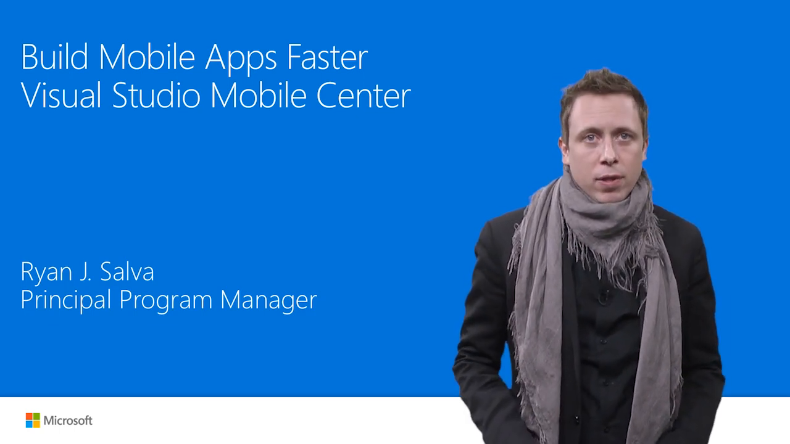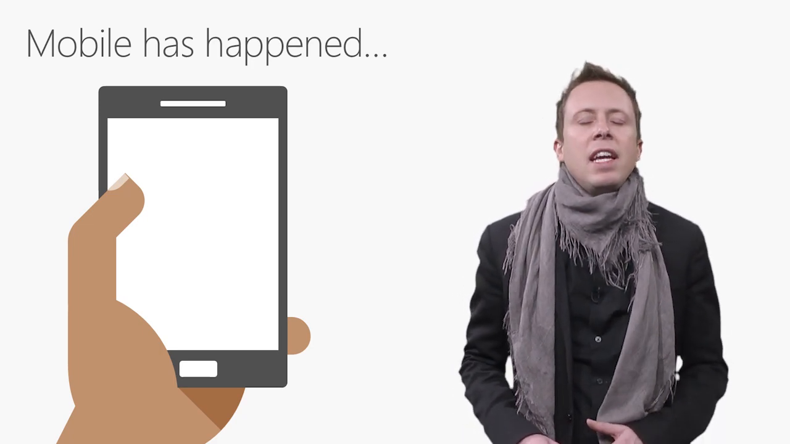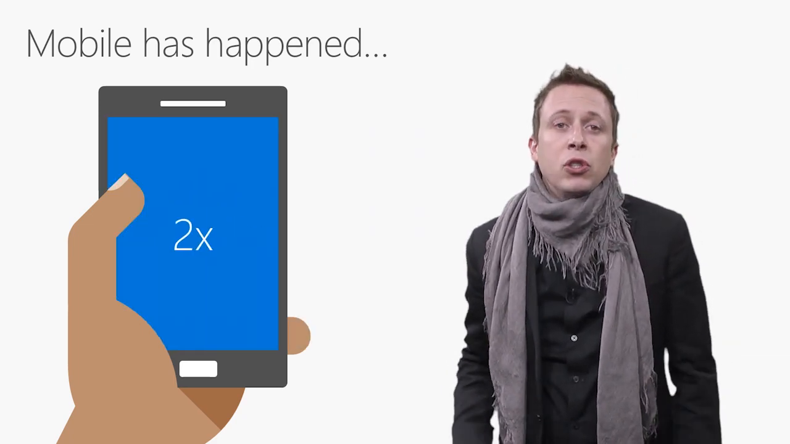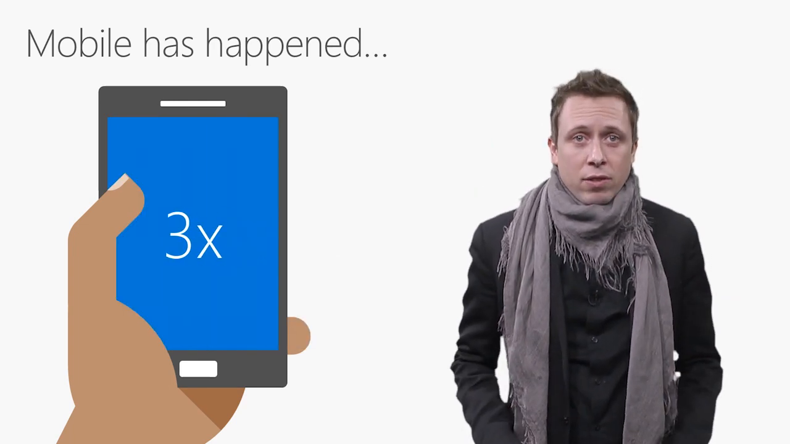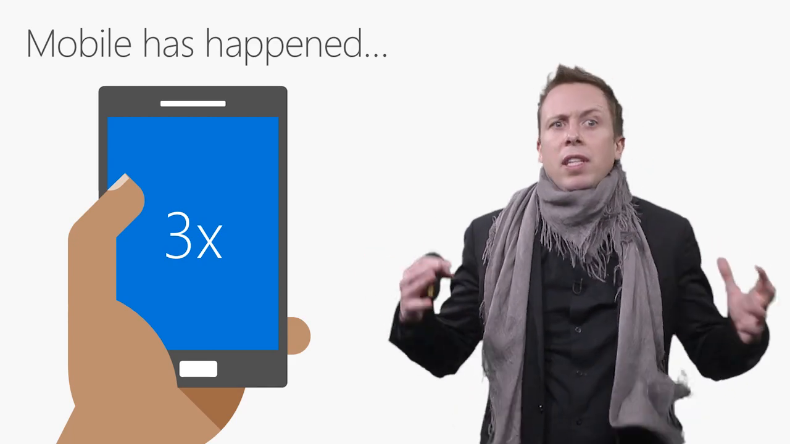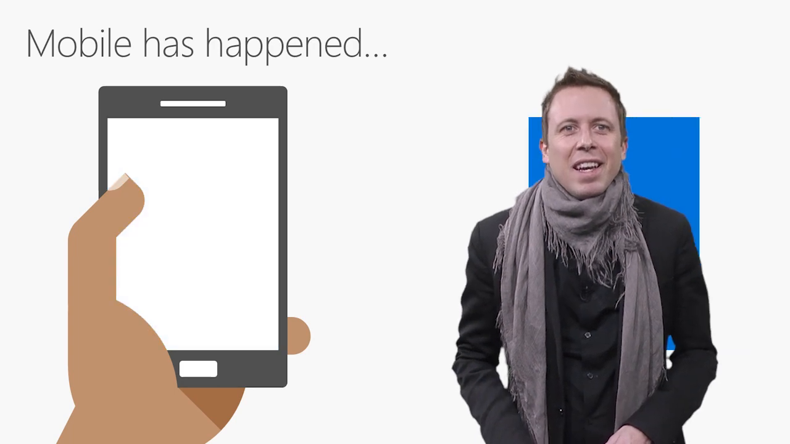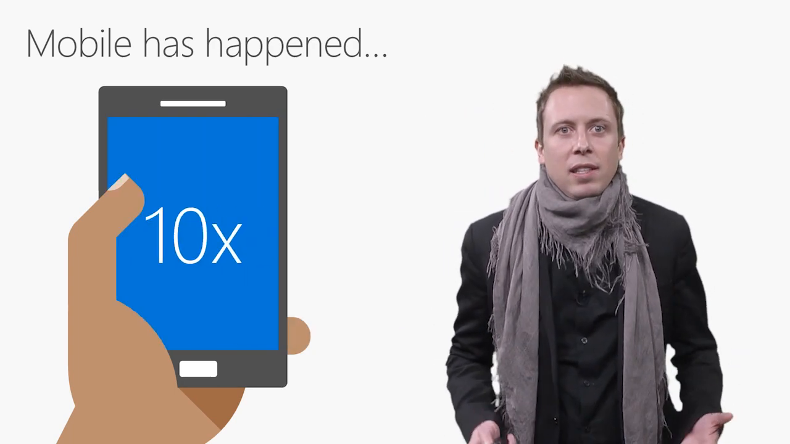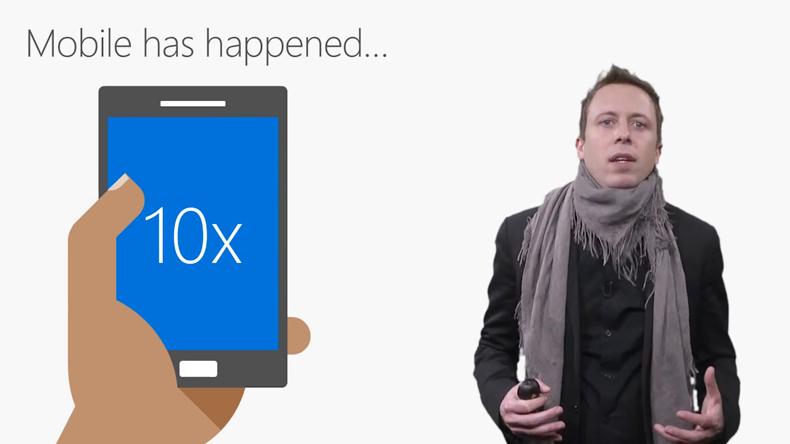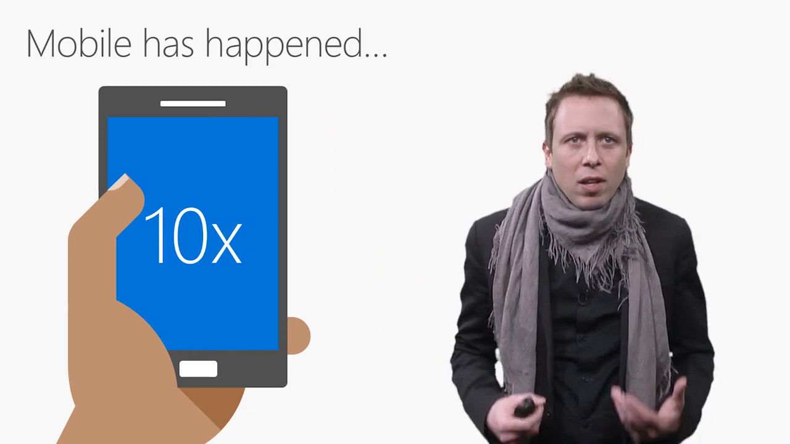and with greater confidence. Because the truth is that mobile has happened, and it happened faster than any of us ever expected. It happened 2 times faster than the internet boom of the 90s, 3 times faster than the social media craze that consumed the entire world, it seems like, over the last couple of years, and then a full 10 times faster than the PC boom of the 80s. So it's here and it's big, and it's really confusing sometimes, and it's really hard